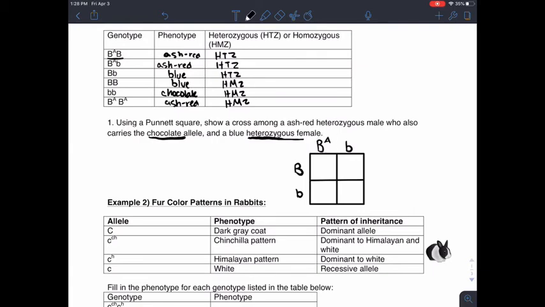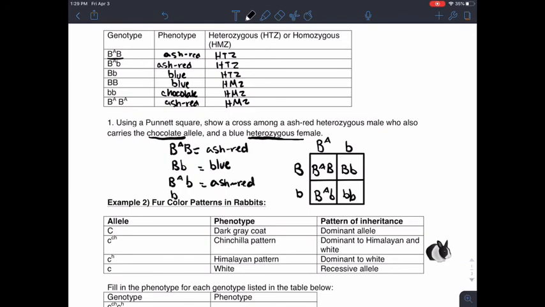So let's solve this. It would start with BAB, BAb, BB, and Bb. So the final combinations are BAB, which would equal ash red, BB, which would equal blue, BA lowercase b, which would still equal ash red because it's dominant,